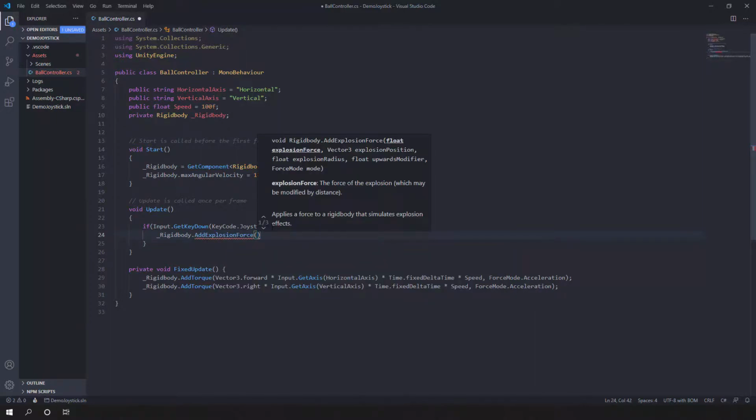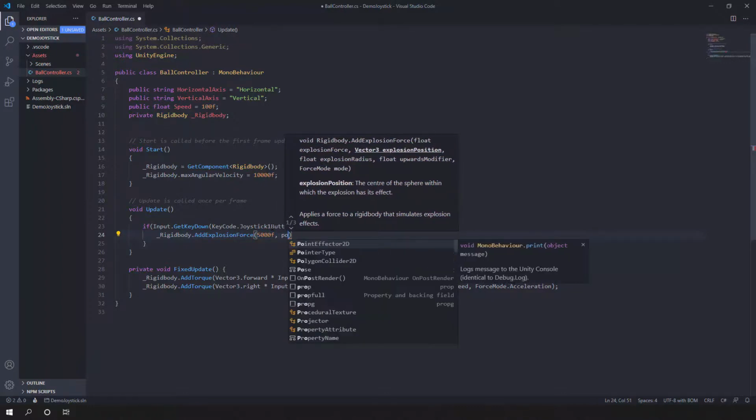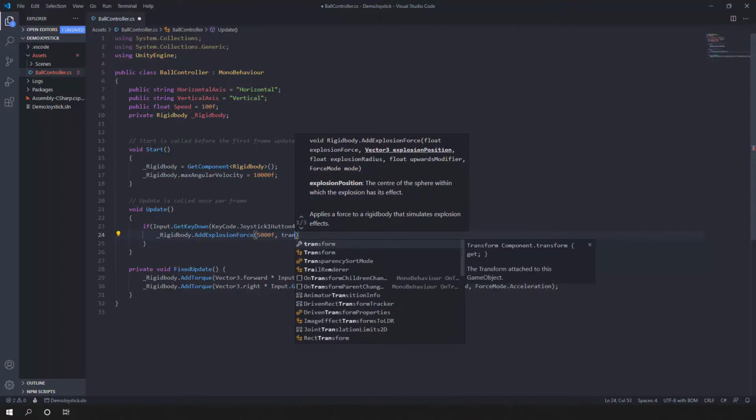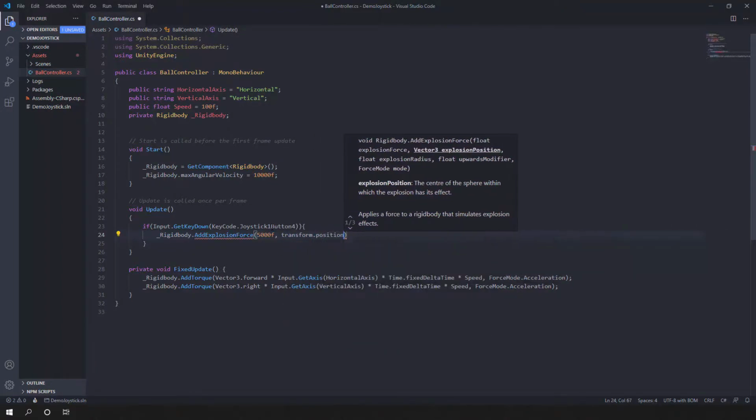right, explosion force, I will hard code it for now. Let's say 5,000. The position will be our position. So I will use the transform position.